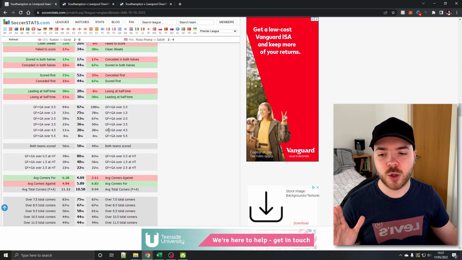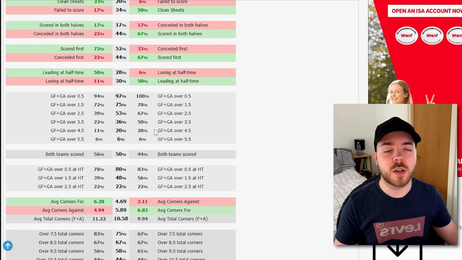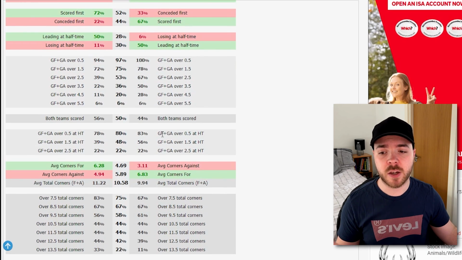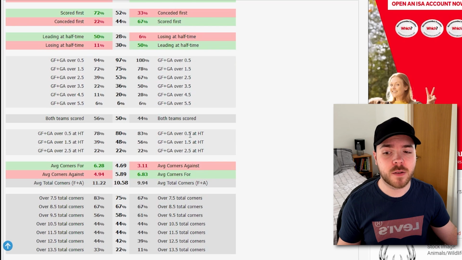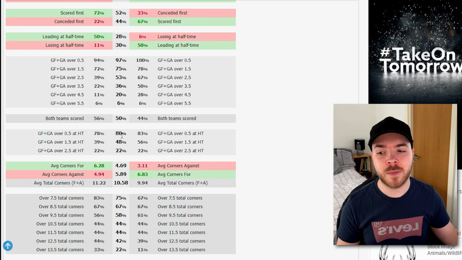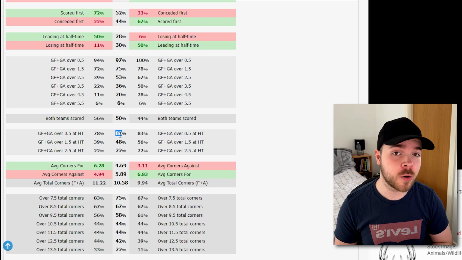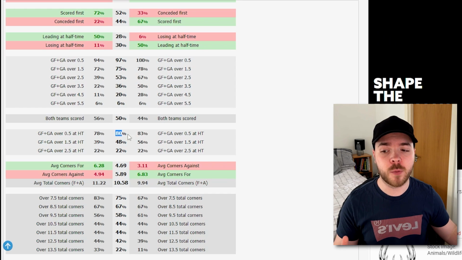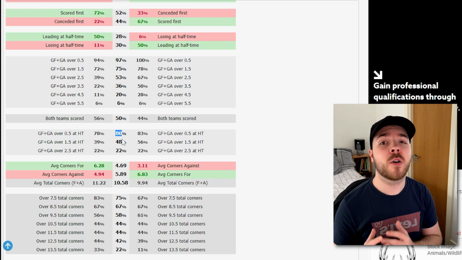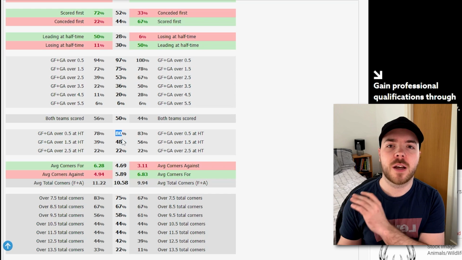So you can see just how many goals have been scored in their most recent matches. So you can see goals for and against over 0.5 at half time. That basically means how often has there been a goal in the first half. And you can see for both these teams the average is 80%. So you know it's going to be more than likely here, based on research, that there will be a goal